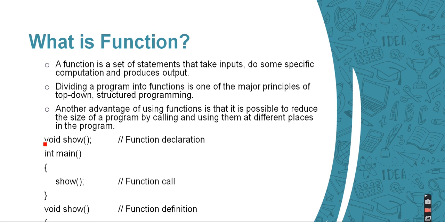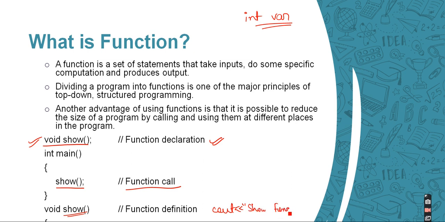So here we have void. This is the function declaration, meaning just like in our variable case, where we are just declaring a variable, in the same way we are just declaring our function. And now here we have the function call. Whatever function I have declared, suppose I have written just cout inside, this is the function call. So this is the declaration, and this is the function call.